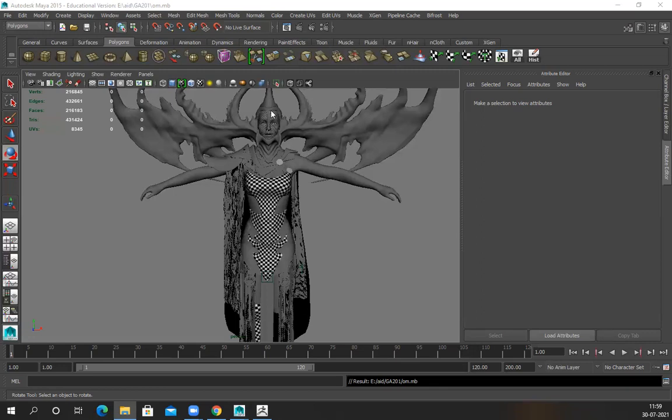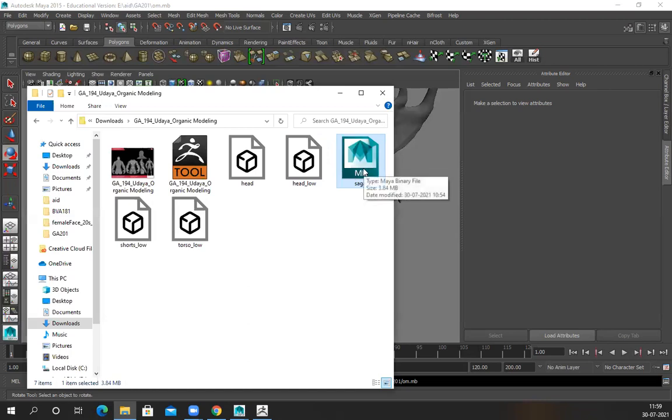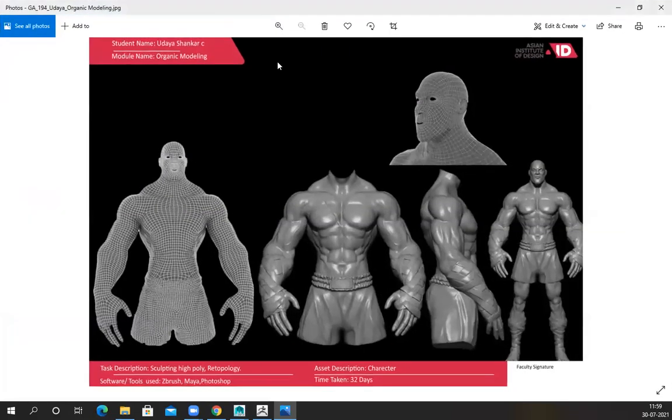You have sent me low poly? This one is low poly. The torso low is an OBJ file which I created in Maya. Okay, I sent the OBJ file only. Okay, I'll check the low poly separately because I have another class now.